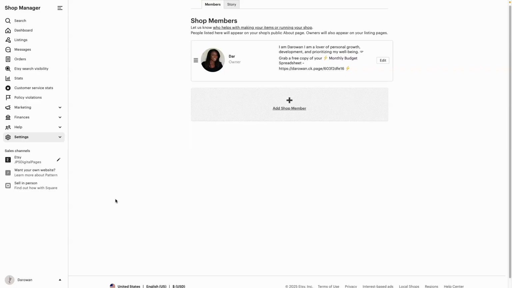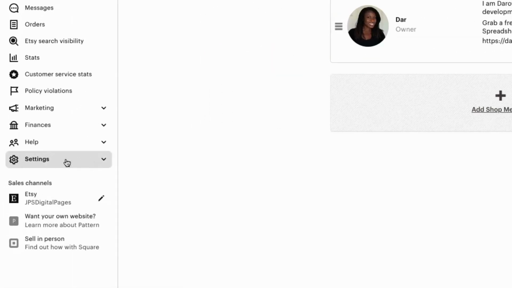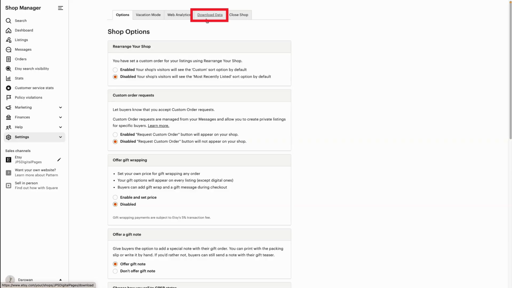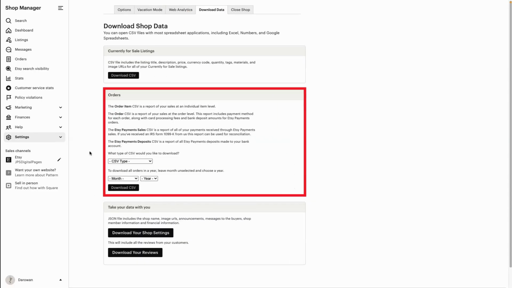Log into your Etsy shop and go into your settings area. Click on it, go to the third option, and then select the option that says download data. Here is where you can generate and download reports. Go here, select order items. That's the first one. Right here, you can select a month and a year, but what I want to do is see my sales for an entire year. So leave the month unselected, just like it says right here, and download my information from 2022, and then click